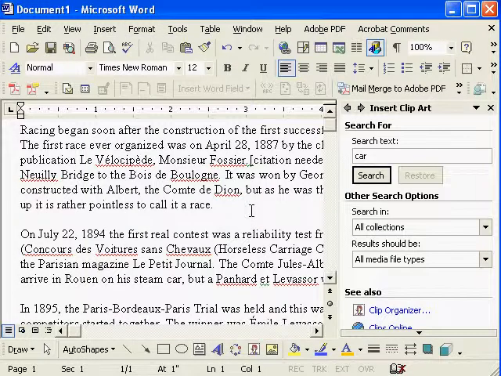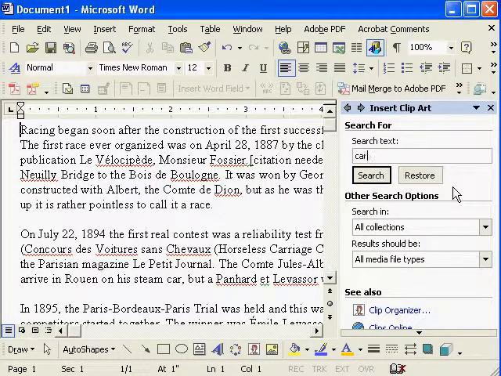Now, when we do insert a piece of clip art, it's going to give us this search for. Different Microsoft Word versions are going to give you different interfaces, and that's something you've got to keep in mind. You may not get this search for box, for instance, on your Word first thing. You might get a nice organized sheet of clip art that you can just click from, or it could be a lot of different formats because they've changed the clip art over the years. You also might have extra clip art installed than we have, so you may have many more options than you're going to see here. Anyway, I'm going to look for a race car, so I just type in car here,